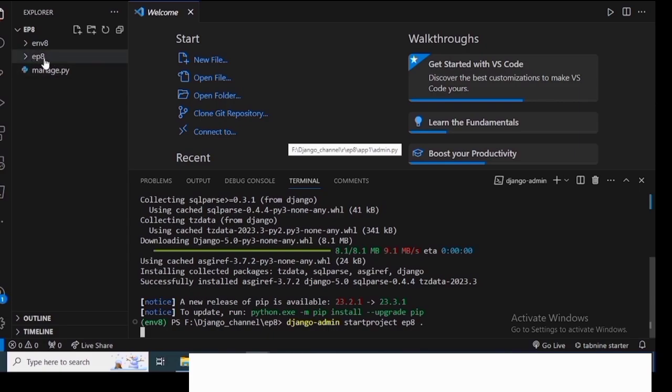I will not have a root directory or the outer project. I will directly have the inner project. Okay. Now the project has been created successfully. As a beginner, you should check whether your server is working properly or not. py manage.py